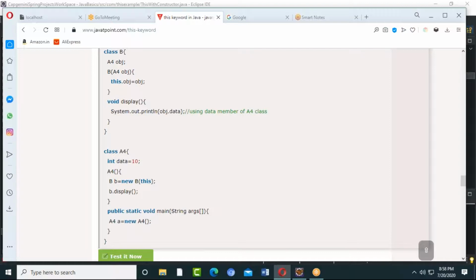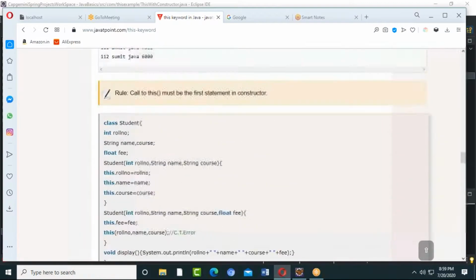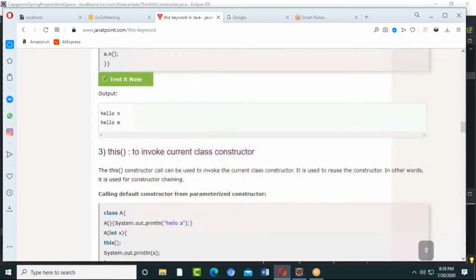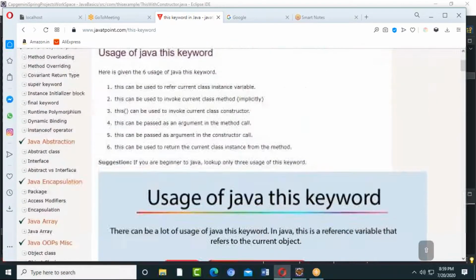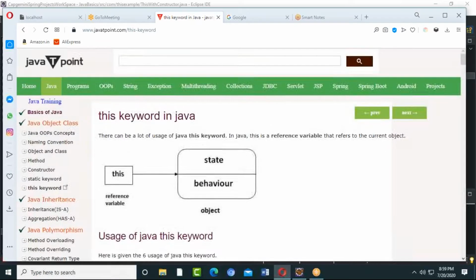So that's the reason what we do is instead of doing that, we are going to pass it as a parameter, and later we are going to create the object somewhere else and pass it. That's what we'll have. We'll go through some examples in future. So this with the variable, this with the method, and this with the constructor are important.